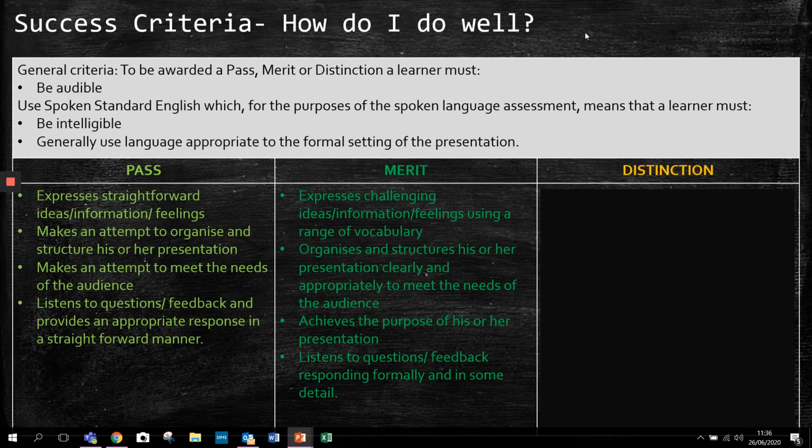So if you are giving information, your audience needs to feel informed. If you are persuading, your audience needs to understand why you feel the way you feel. Okay? You've got to do what you're aiming for to get a merit. And then listening to questions and feedback, responding formally and in some detail. So